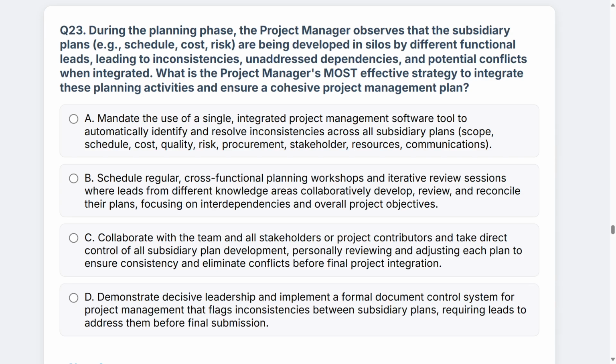What is the project manager's most effective strategy to integrate these planning activities and ensure a cohesive project management plan? Is it A, mandate the use of a single integrated project management software tool to automatically identify and resolve inconsistencies across all subsidiary plans, scope, schedule, cost, quality, risk, procurement, stakeholder, resources, and communications? Or is it B, schedule regular cross-functional planning workshops and iterative review sessions where leads from different knowledge areas collaboratively